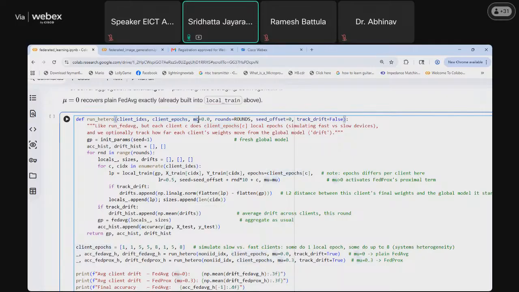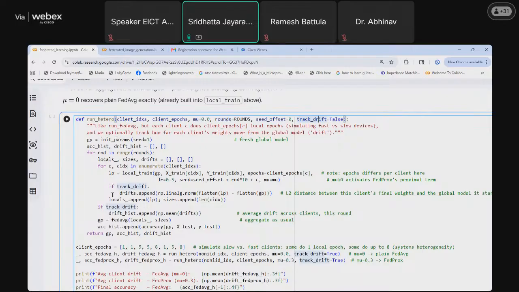By default, mu is defined as 0, but while calling the function, we'll change it and see what the scenario is. The number of rounds will be 15 that we saw earlier. Seed offset would be the seed. And track drift would be how much drifting is happening.